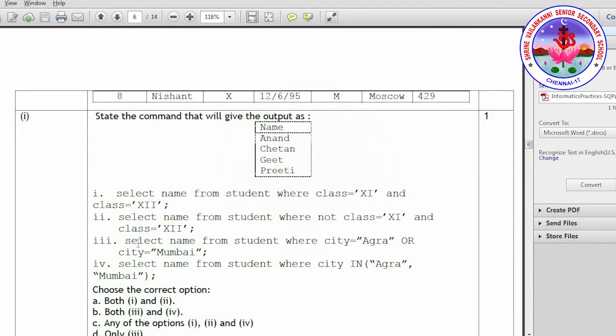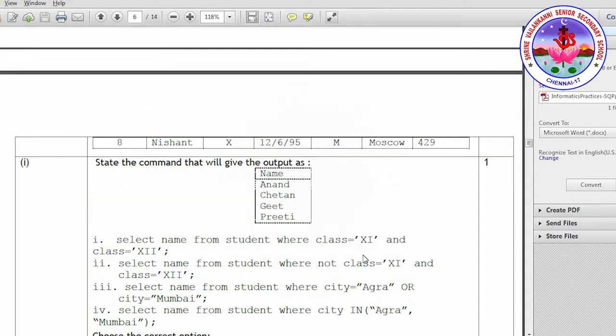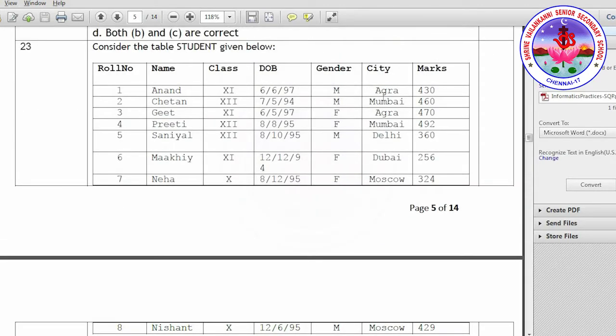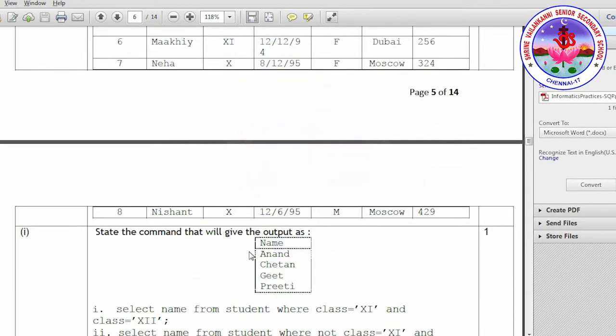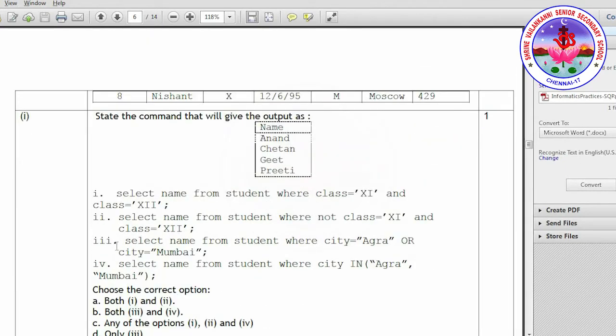The next one is select name from student where city equals Agra or city equals Mumbai. City can be Agra or Mumbai. So this condition satisfies. We have Anand from Agra, Chetan from Mumbai, Geet from Agra and Preeti from Mumbai. So this is the right answer, option 3.